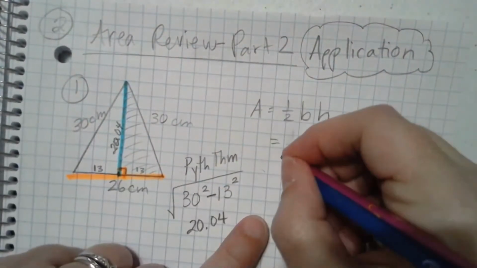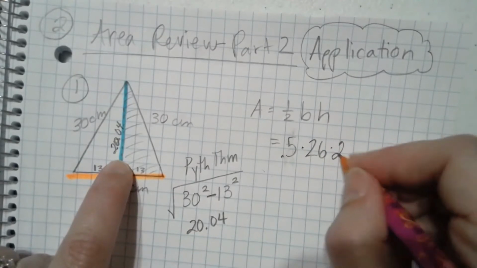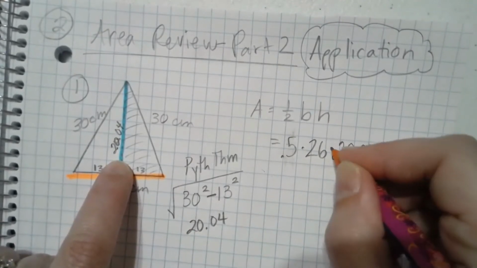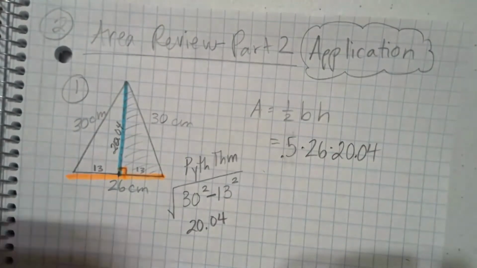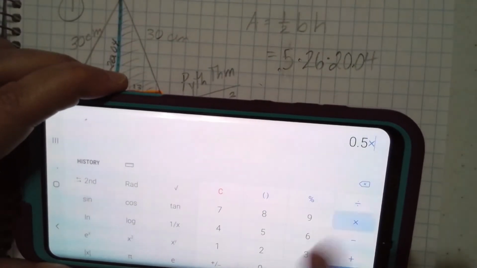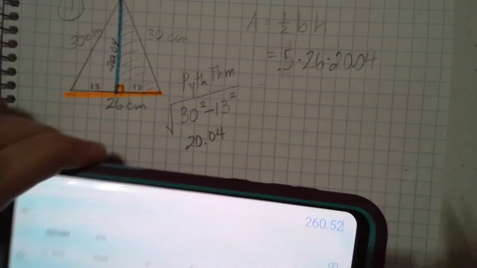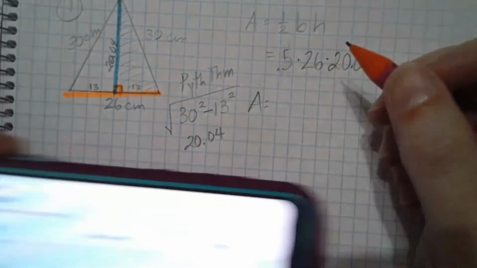Let me go ahead and do that. 0.5 times a base of 26 times a height of 27.04. So I can type all that. 0.5 times 26 times 27.04 gives me an area of